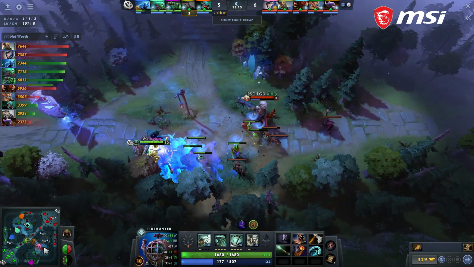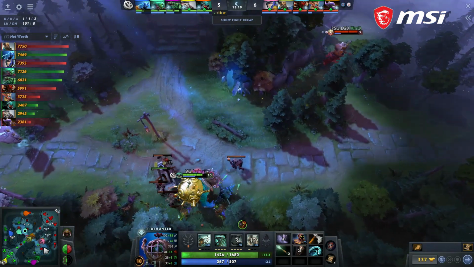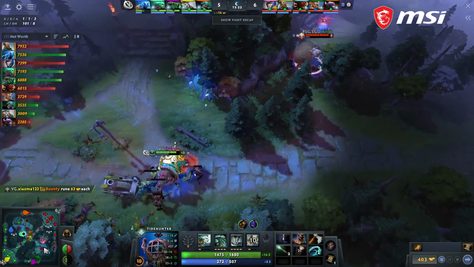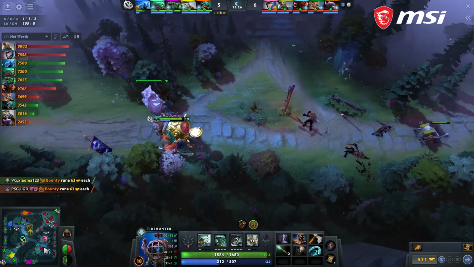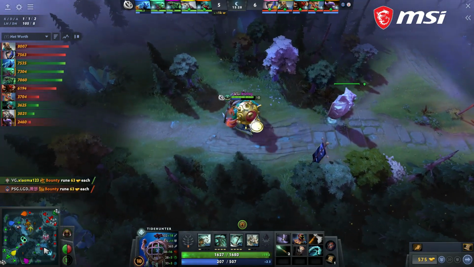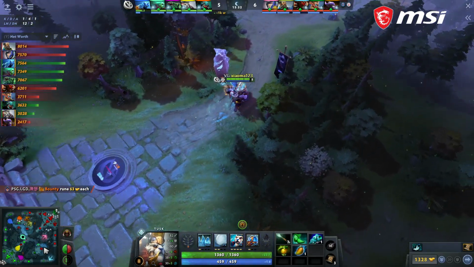You get heavily punished if you try to dive the Tide into here, even without the Ravage. Yeah. So everybody backs up. The question is if they're going to be able to find the vision that PSG put on their way back through. They're probably going to think that they were a little bit deeper than that one over there that has vision of the river, but